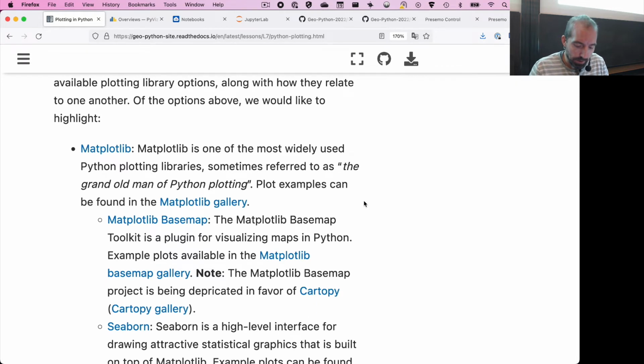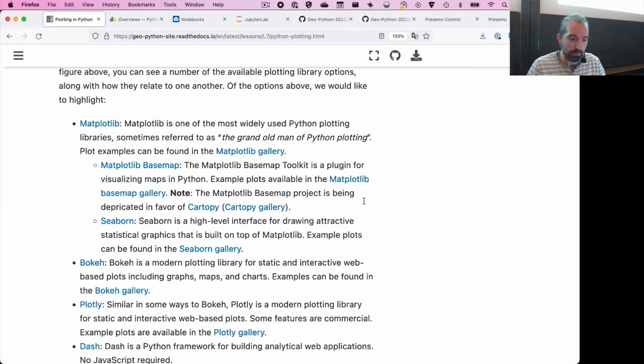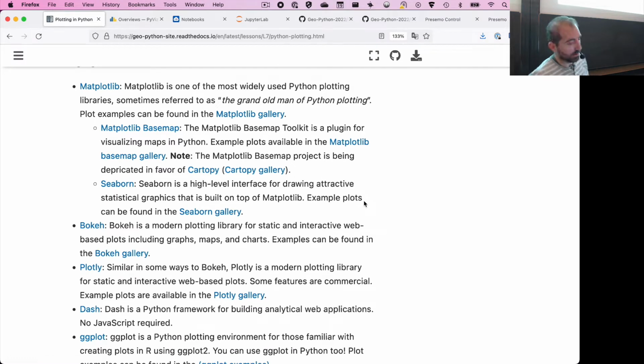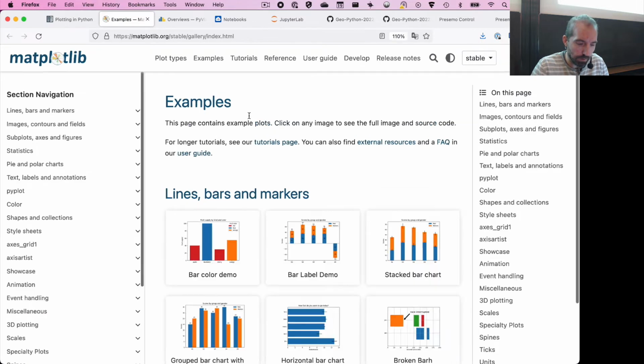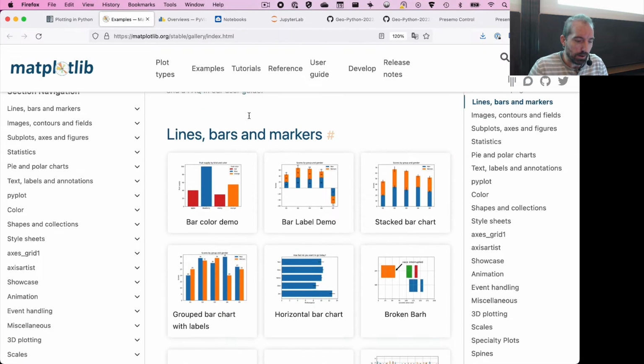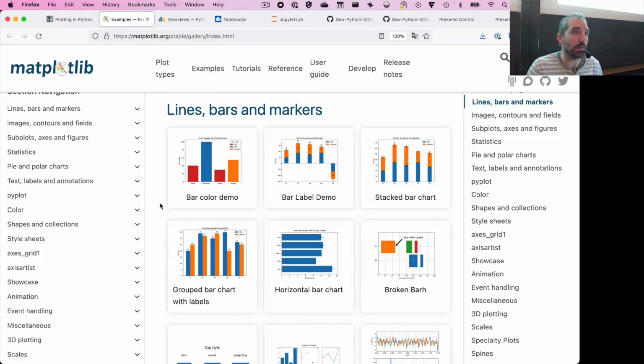What you'll find on the course page is an overview of the libraries that are what we would consider maybe the most common libraries for doing plotting in Python. So of course we have Matplotlib here at the top. And with each one of these, you have a link to the project site for that library, as well as a link to the gallery of some example plots. So if you click on the link to the Matplotlib gallery, for example, you will find example plots of different styles